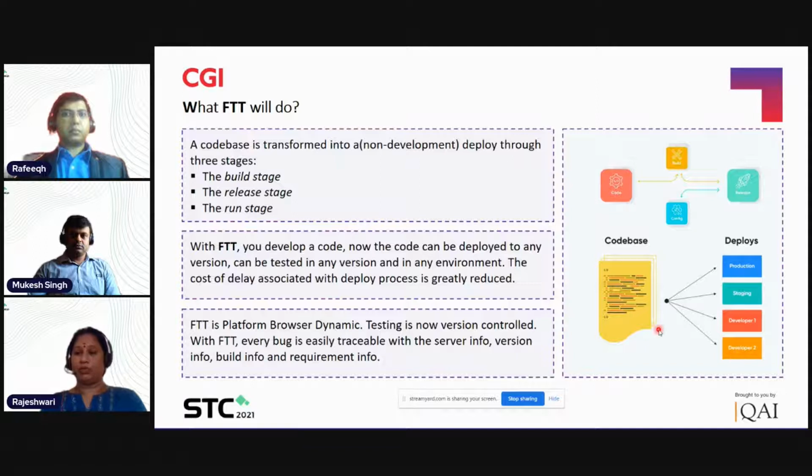We can do the deployment only after the particular QA tester has approved the piece of code. As I told, this can be easily plugged into any of the test management tools, say for example Jira. Nowadays in the agile world, Jira and Azure DevOps are the two giants which we have. It is easily pluggable, and it can also be extended to any new technologies like Dockers and Kubernetes.